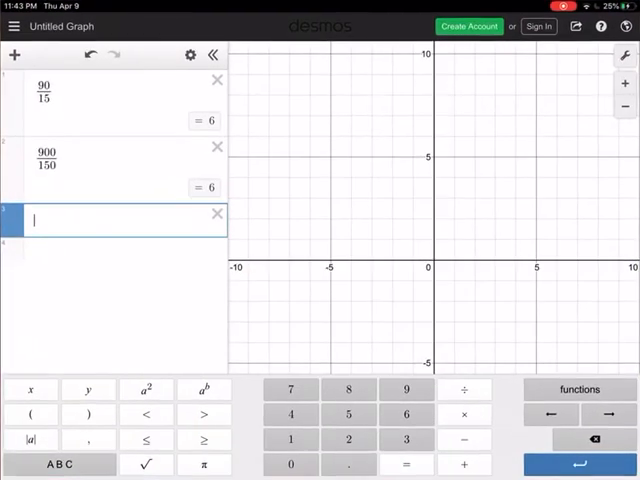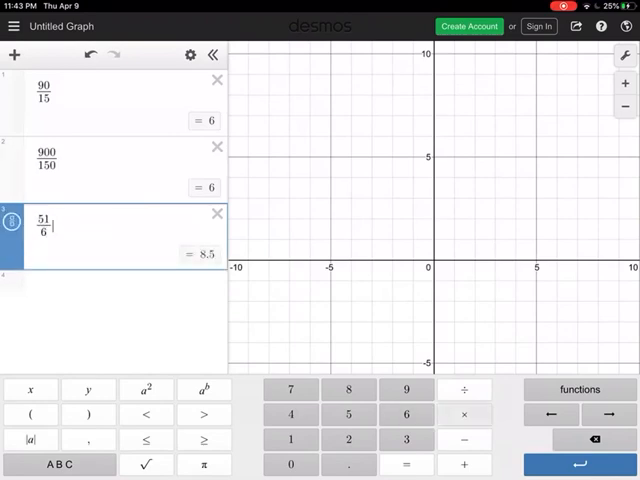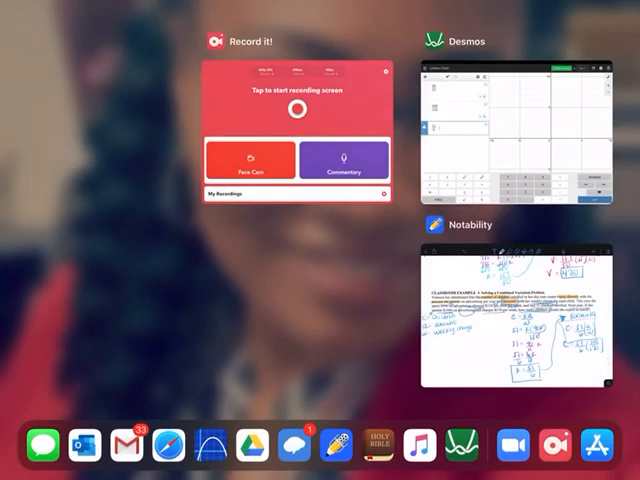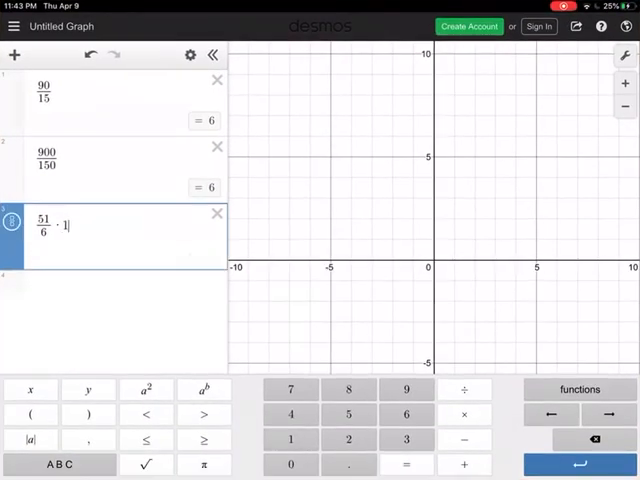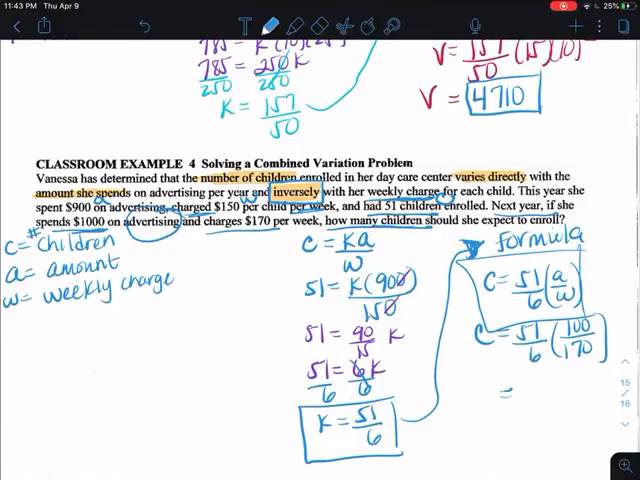All right, so let me go back to this. So 51 over 6, then right beside it, times 1,000 over 170. All right, the final answer is 5. All right, and that's